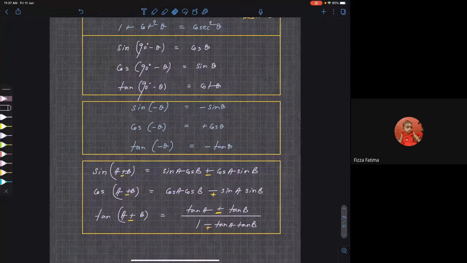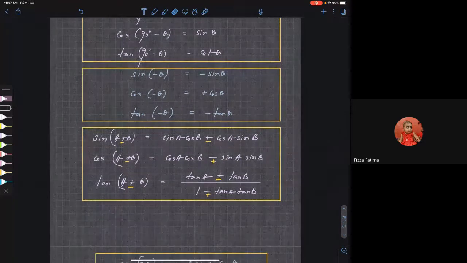And we derived these two expressions for sine a plus b and sine a minus b using that big derivation, right? We have taken the rectangular components of a line, and then we have related what sine a plus b equals to and what cos a plus b equals to. So sine a plus b was what? Sine a cos b plus cos a sin b. Sine a minus b was sine a cos b minus cos a sin b. And cos a plus b was cos a cos b minus sine a sin b. And cos a minus b was cos a cos b plus sine a sin b.